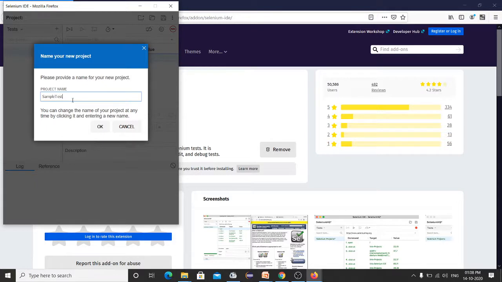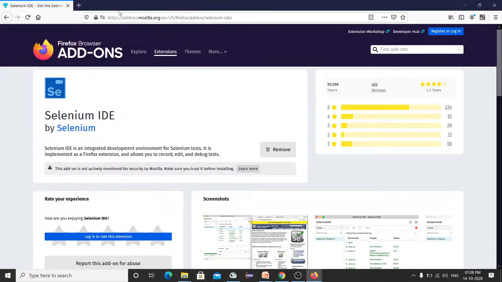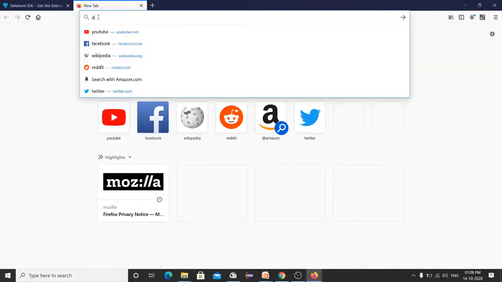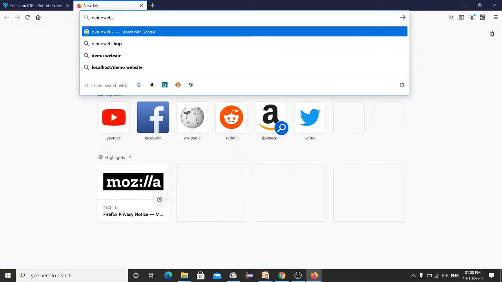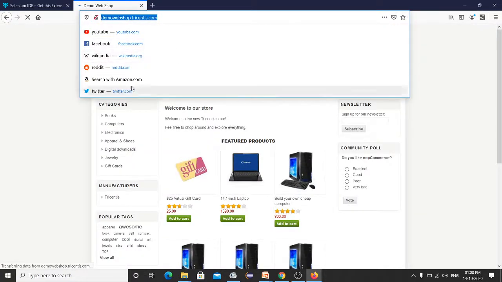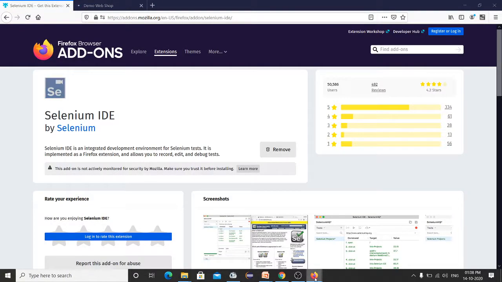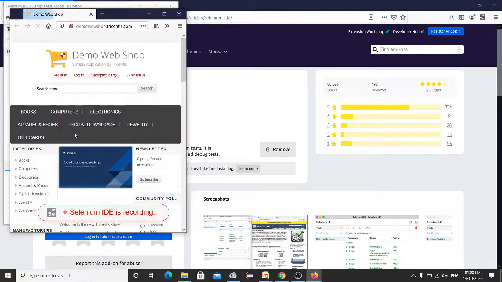Sample test. Okay, and it's asking for a base URL, so I'll be opening a demo web shop, which is a very good site for practicing. So this is the website I need, so I'll provide that URL and I'll say start recording.